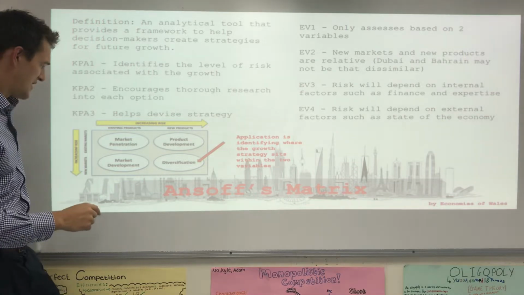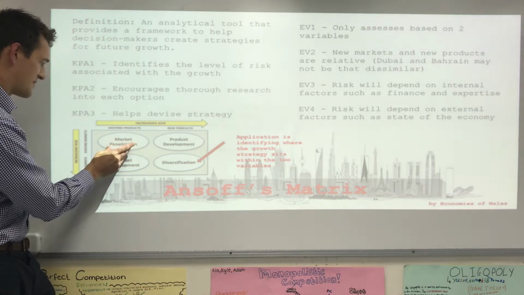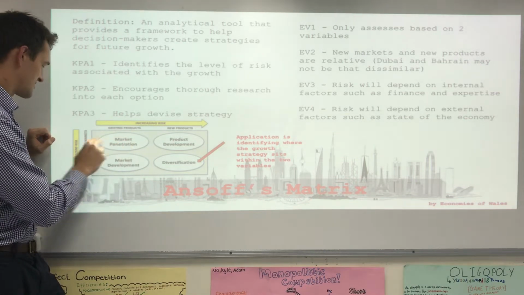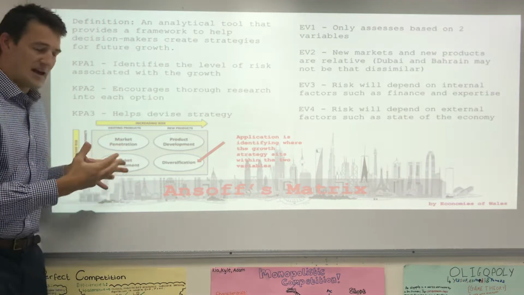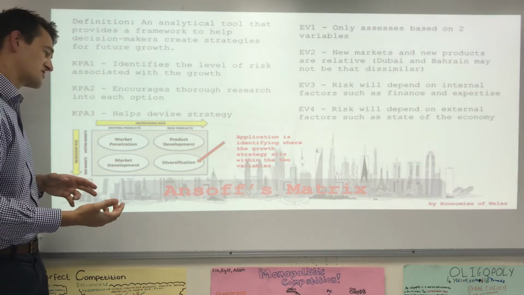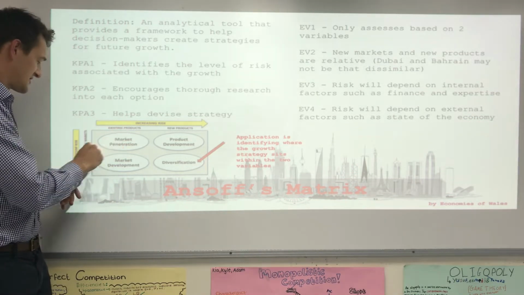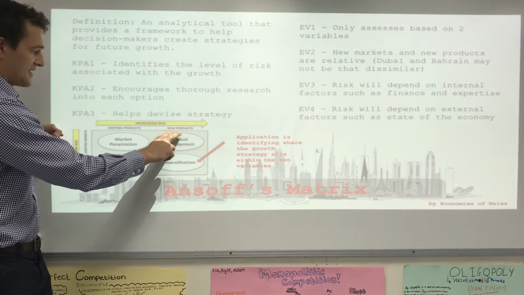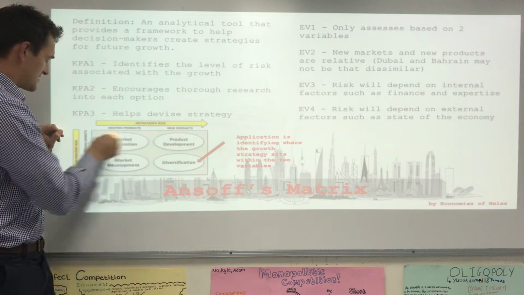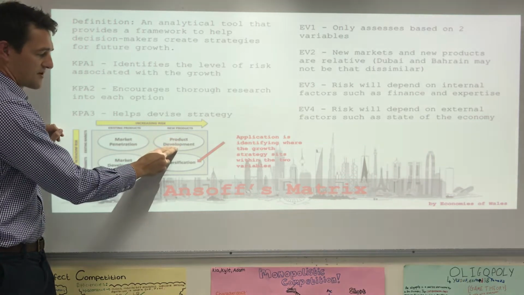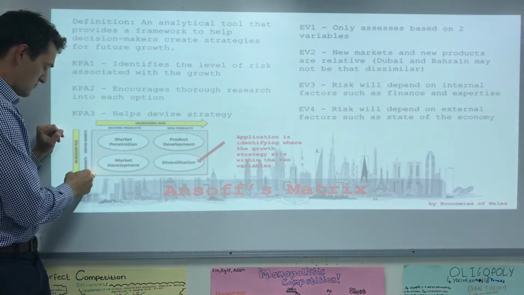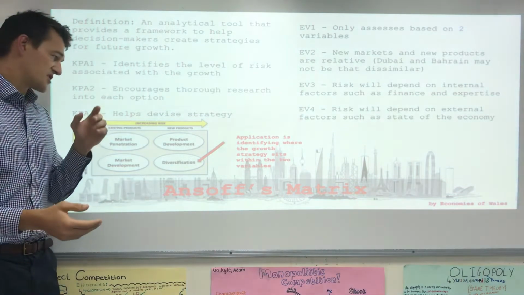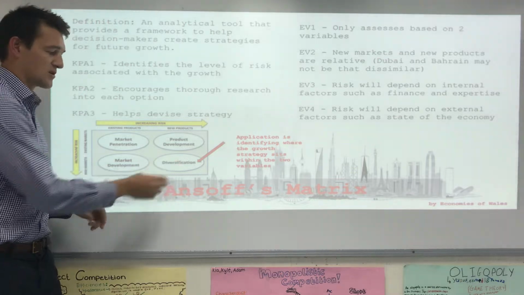So by matrix, what I mean is anything that's market penetration must fit this description: it's an existing product and it's this existing market. And it's for growth. So if a business is trying to grow with an existing product and an existing market, they're said to be following this strategy here. If they're trying to grow with a new product in an existing market, they're following product development. Existing products with a new market is market development, and if they've got a new product and new market, we're calling that